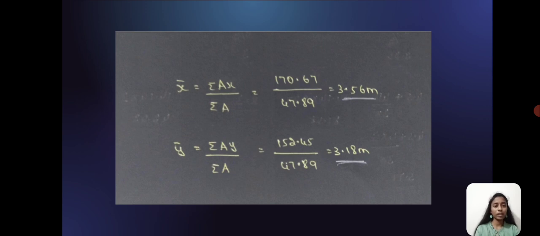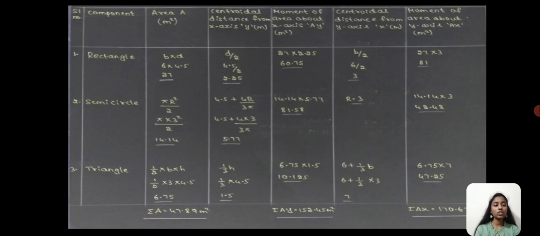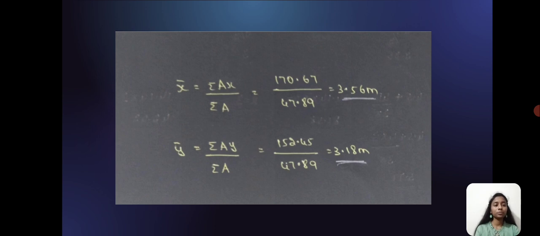Similarly y bar is equals to summation of Ay divided by summation of A. Here we got summation of Ay as 152.45 and the summation of A is 47.89. By dividing that, we get 3.18 meters. This is the required solution for this